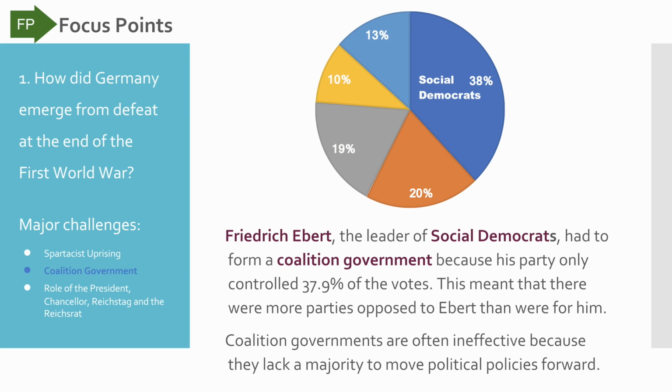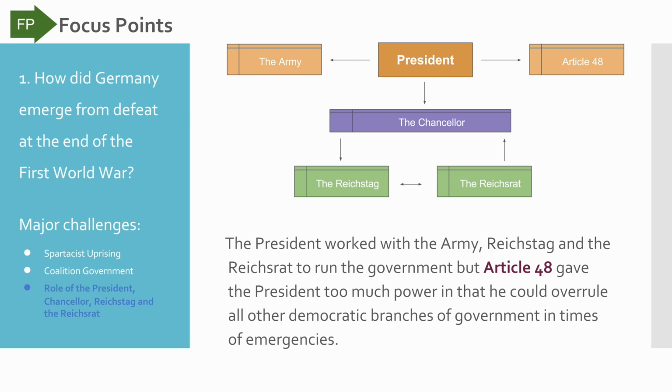Last, let's take a look at the structure of the new government and the role of the president. The president of Germany would have been in control and had a mandate to control the military, the army, and below the president was the chancellor. The chancellor was sort of the day-to-day operations person that was in charge of making the laws and passing issues that dealt with money. They worked directly with the